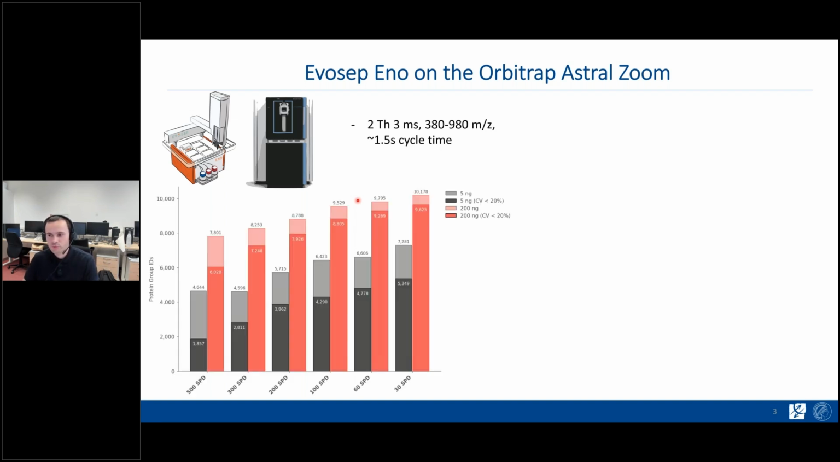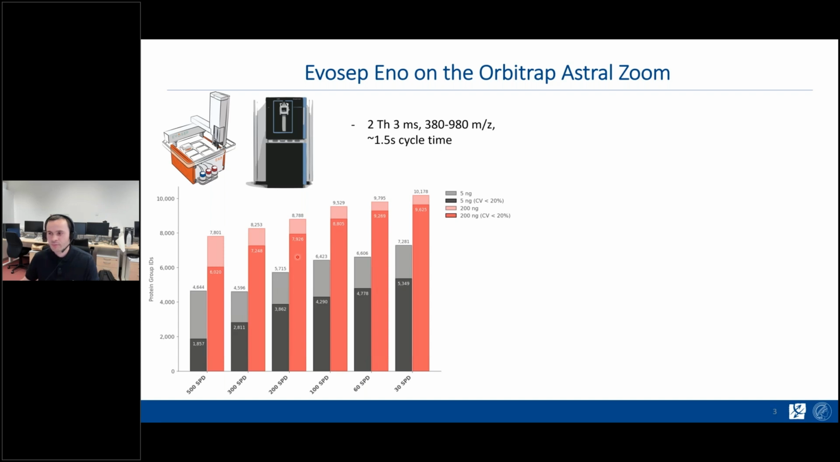So if you look here at the protein group IDs, you can see the total IDs of a triplicate, not for a single replicate, but in the entire triplicate, as well as the cutoff for 20% CV on the protein group level. And as you can see, for long gradients, the IDs are quite high, up to 10,000 protein groups in a triplicate, and then they slowly go down, with the CVs being fairly good for the longer gradients, but a bit worse for the shorter gradients, and also significantly worse for the lower input due to the limited